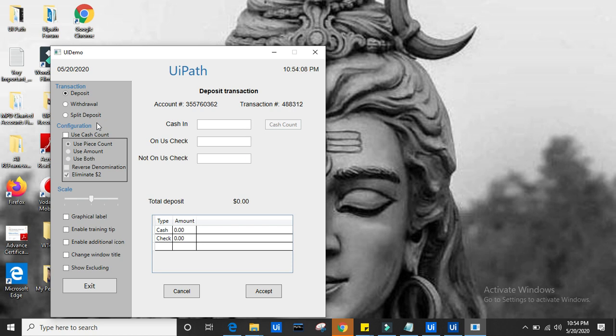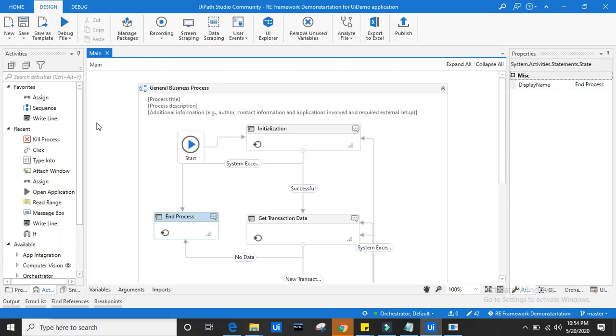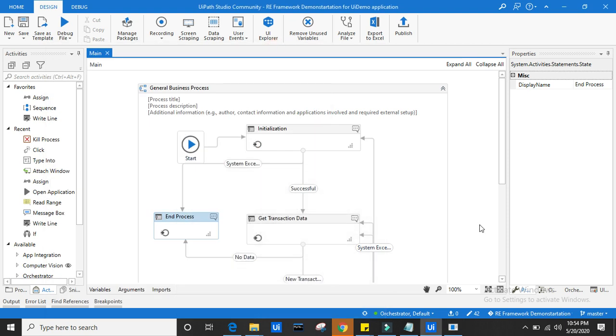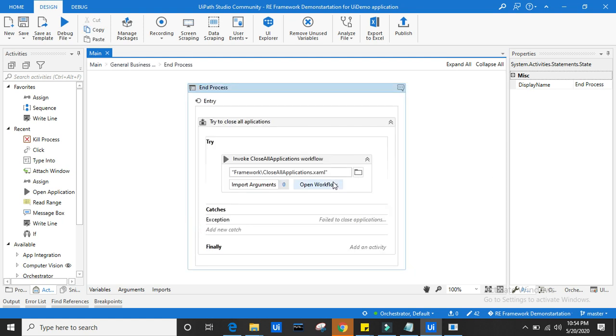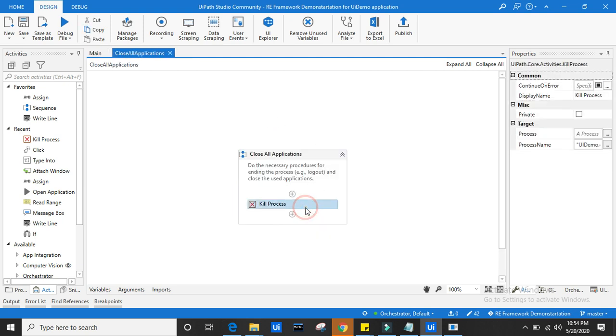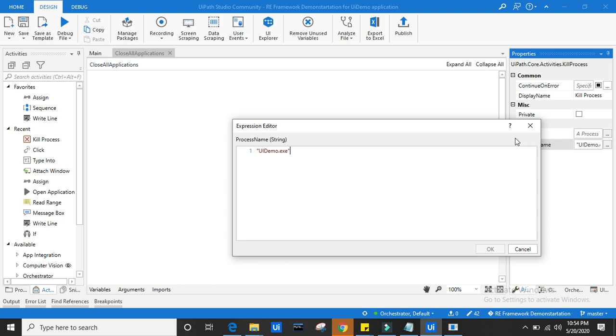Once it reaches the last row where there is no data, it should kill the application. Okay, ultimately it is not killing, might be some issue, but we'll check it later. The main purpose of this is to kill the process. I need to check why it is not killing. Maybe we have given a wrong process name. It's a string anyhow.